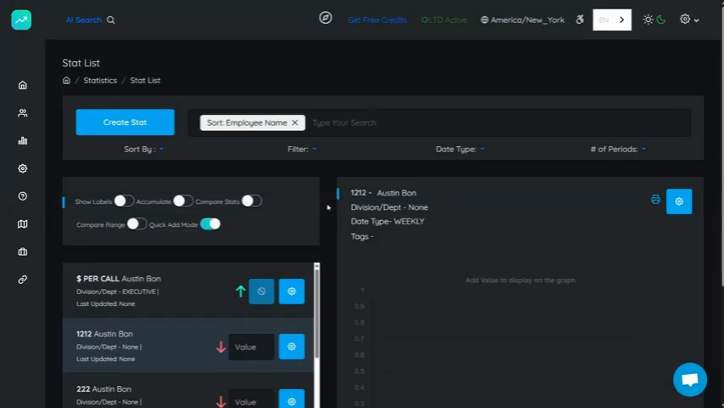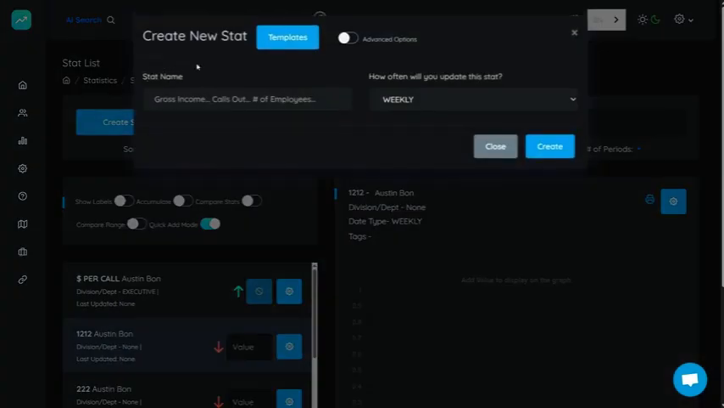This will probably get broken down, so you can probably find individual parts of this video in different places, but here is everything. So it all starts with creating stats. When you press create stat, you get two options. You get stat name, and how often will you update this stat? So this is just to make it easy, so you can create a stat here, or you can click advanced